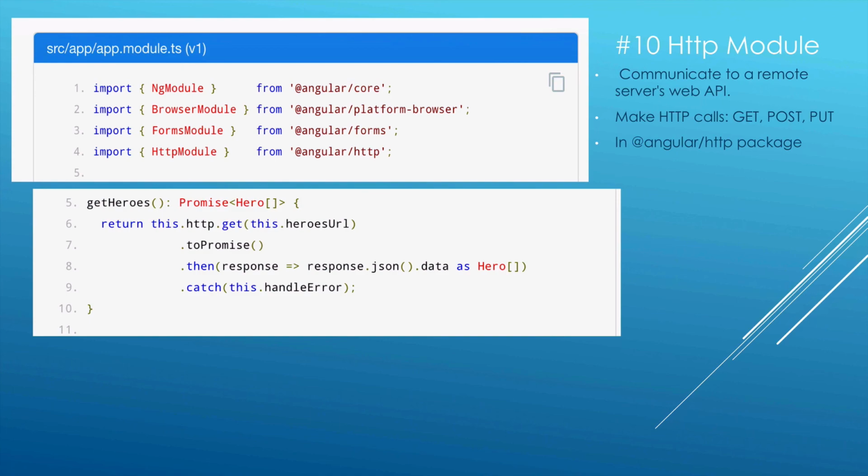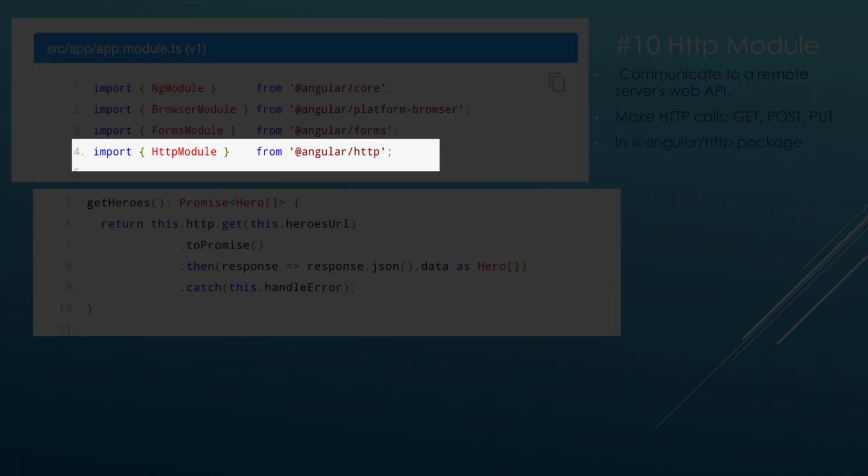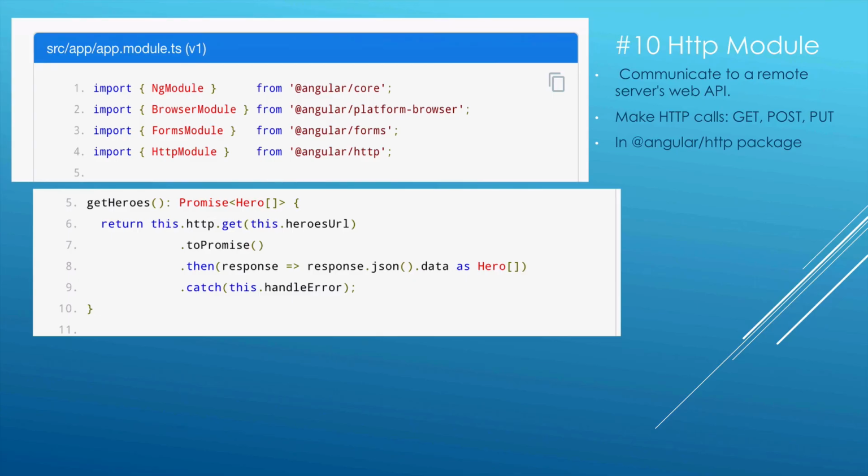The HTTP module is in the Angular HTTP package. You will need to import it before you use it as well. The getHero example here is to show you how to make the call. We will explain in more detail in future videos, and this video is just for you to get familiar with